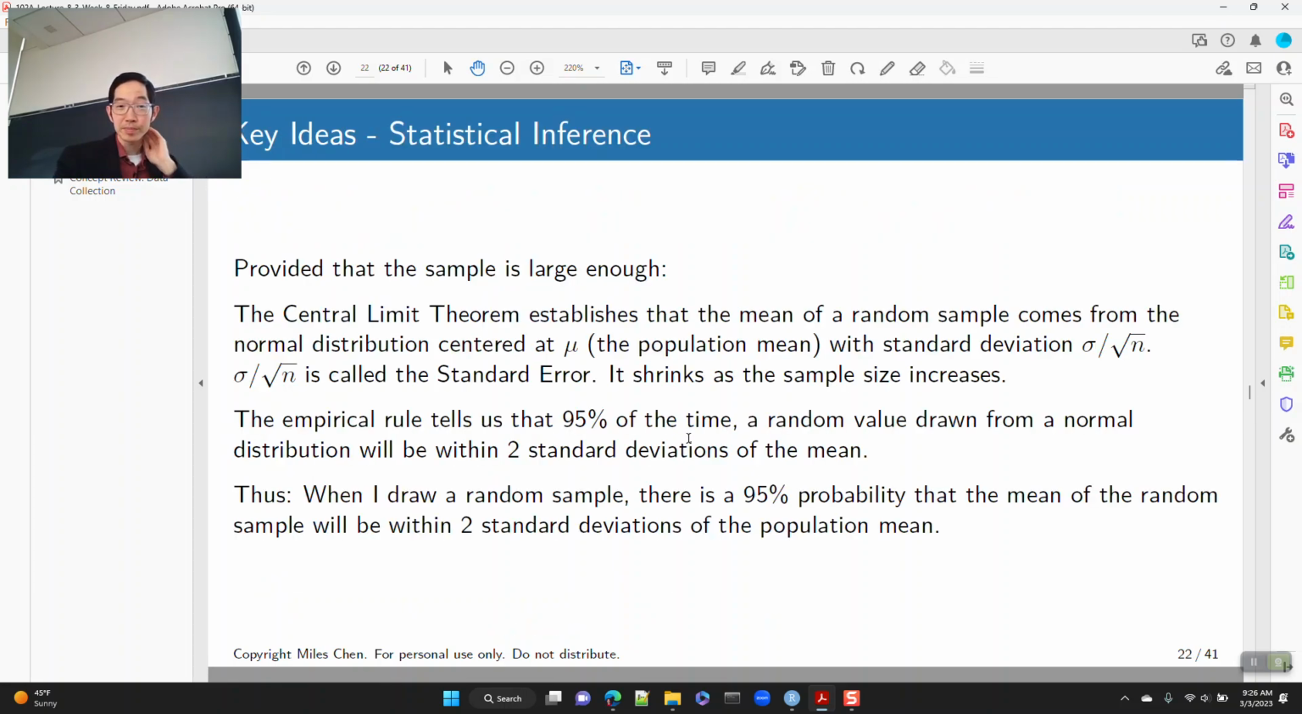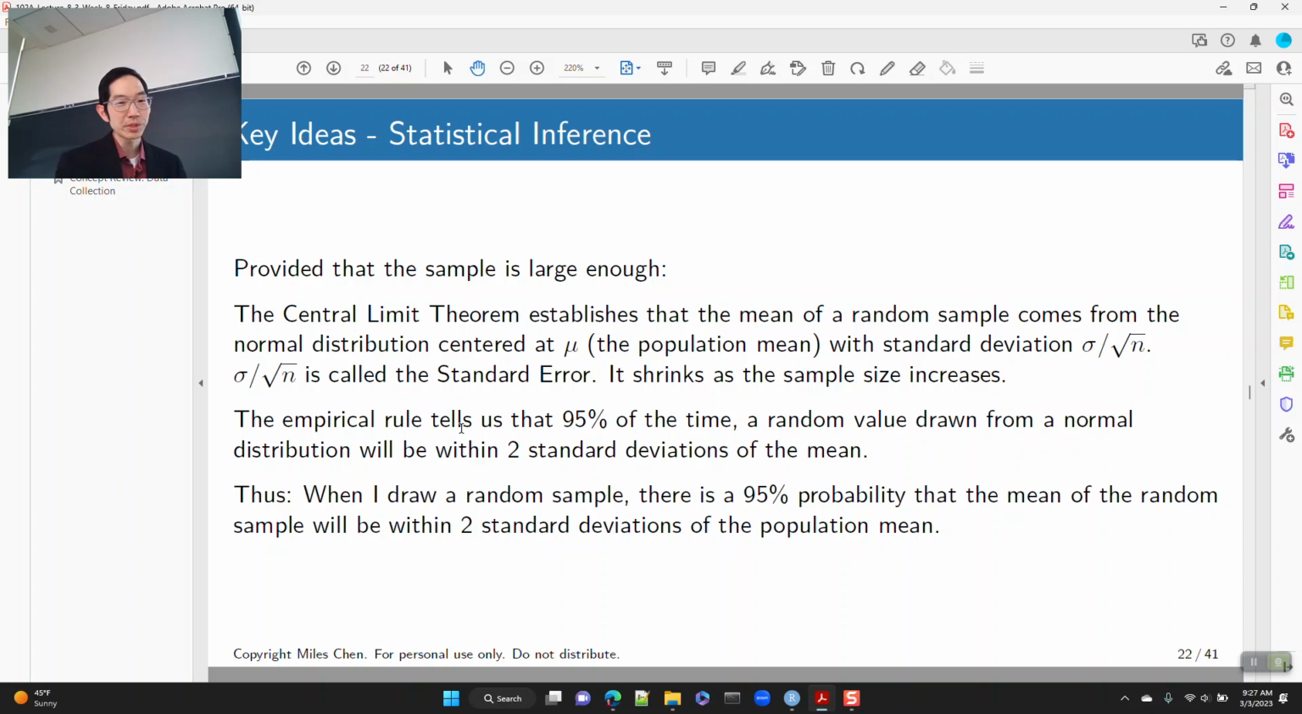So that's the summary of the central limit theorem: the mean of your random sample will come from a normal distribution, and the mean of that normal distribution is going to be mu, the population mean, and the standard deviation of the sampling distribution is sigma over the square root of n. We call that quantity the standard error, and because n is in the denominator, as your sample size increases, your standard error is going to shrink, right? And also from this,